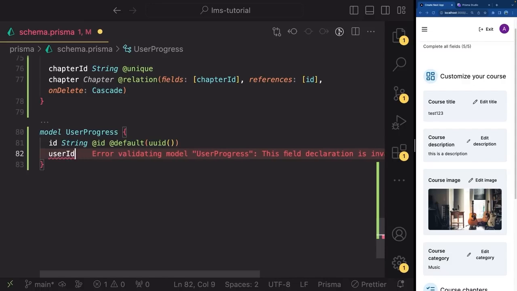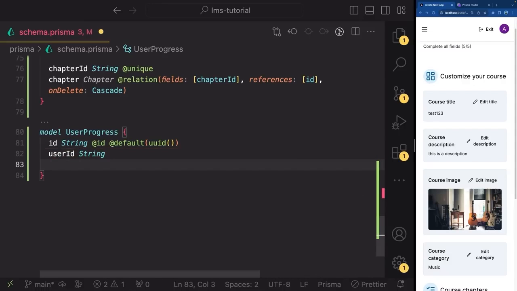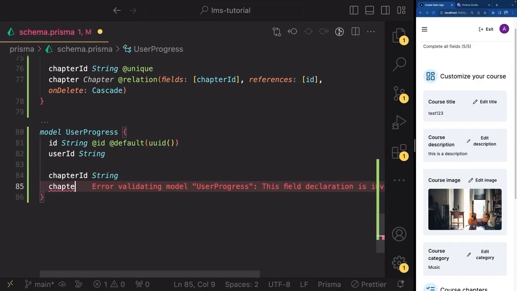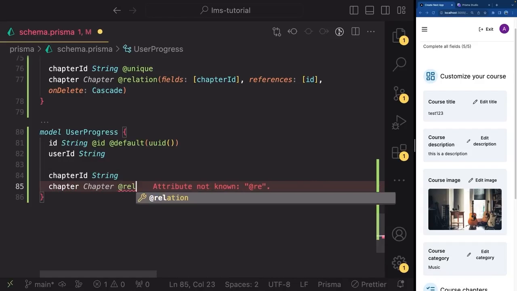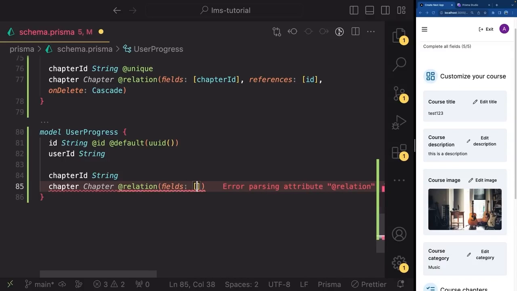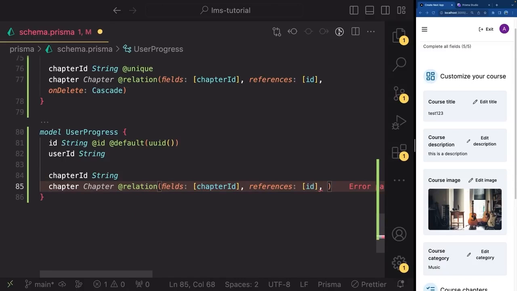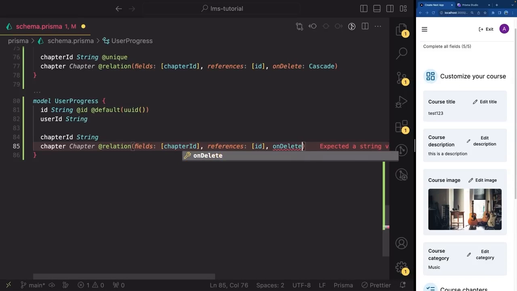It's going to have a userId, and chapterId, which is a string, and the back relation to the chapter. So chapter @relation fields chapterId, references id, and we're going to have onDelete Cascade